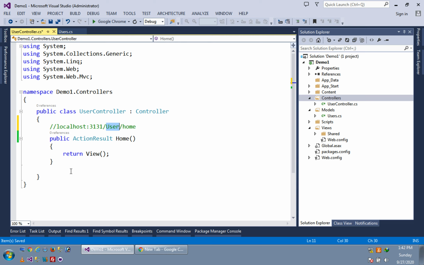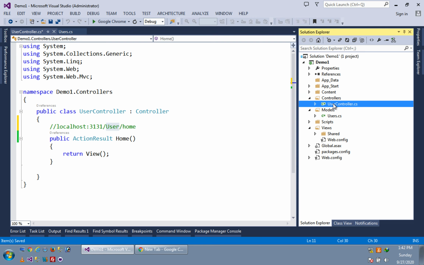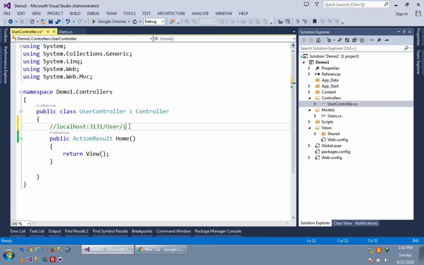If this user and this user match, then it will go to the user controller. Then home, it will check the action result method. If there is a home method present in the user controller, then it will go to the user controller's home method. If here I write index, it will say that there is no method called index in this controller. For that you have to create one more method here.